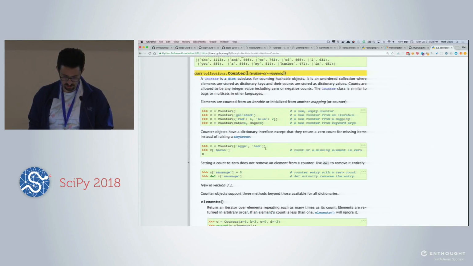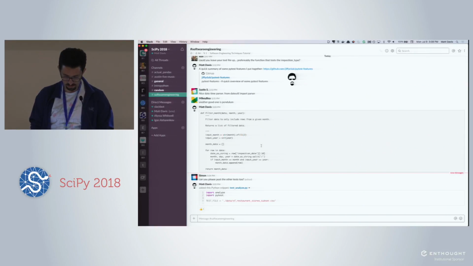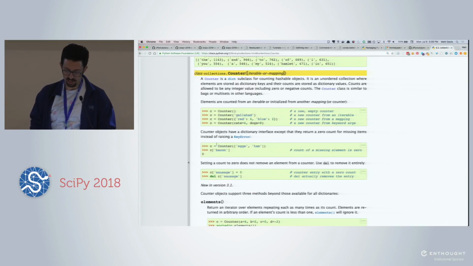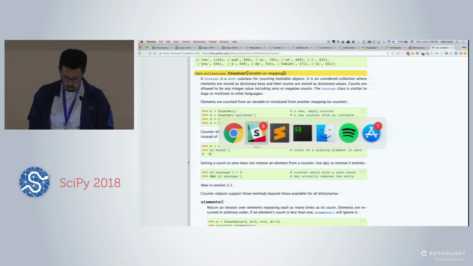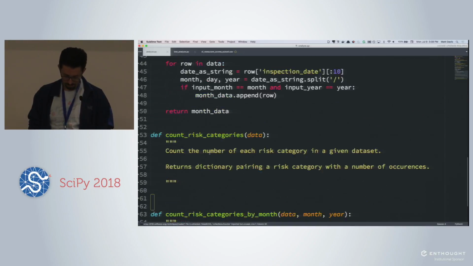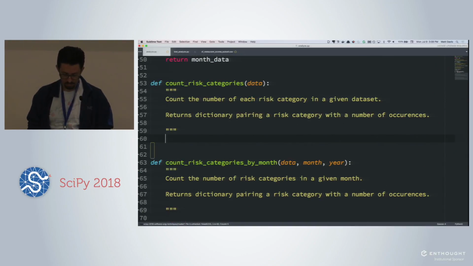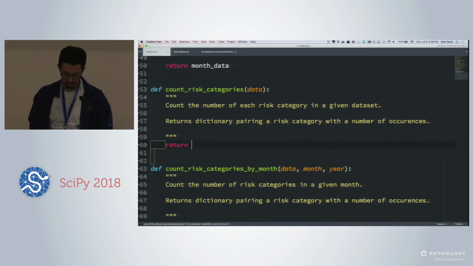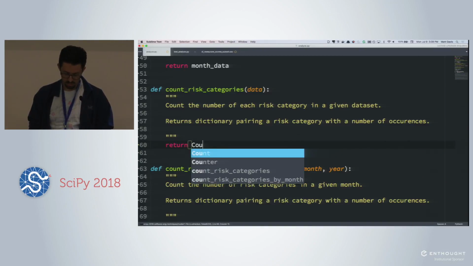Okay, so this kind of thing looks like a good match for what we're gonna do. So you give it a sequence and then it counts the things. One sweet thing that this does is that if you didn't see a thing, you get 0 back, like it saw 0 of them. That's fun. Hopefully that works how we intend it to. And it works like a dictionary, so we might be able to just do return Counter,